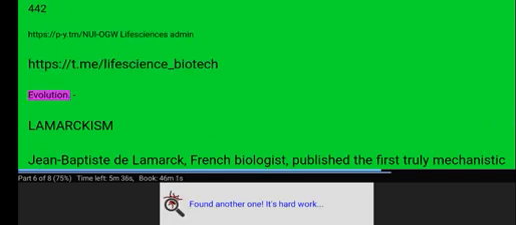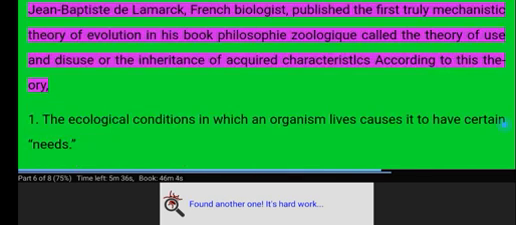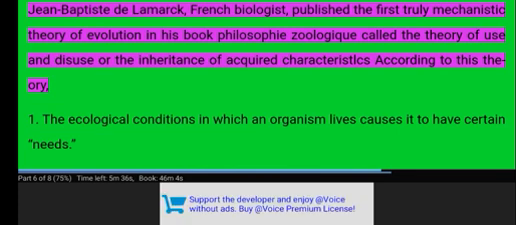Evolution: Lamarckism. Jean-Baptiste de Lamarck, a French biologist, published the first truly mechanistic theory of evolution in his book Philosophie zoologique, called the Theory of Use and Disuse, or of the Inheritance of Acquired Characteristics. According to this theory: